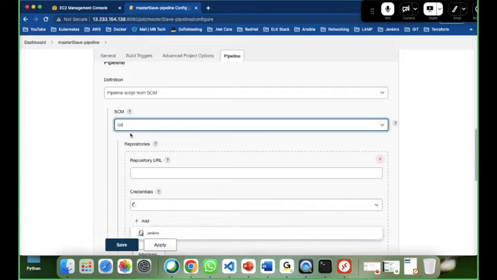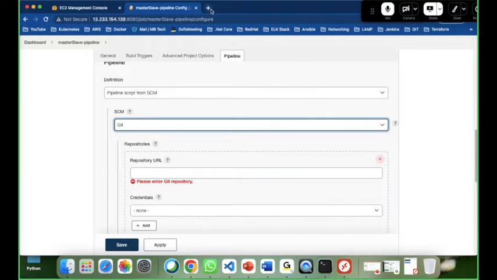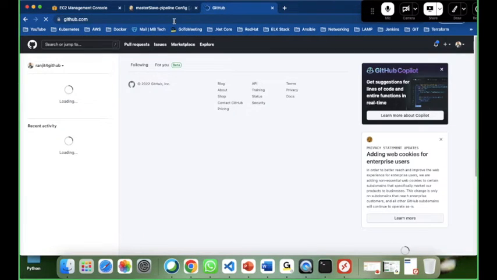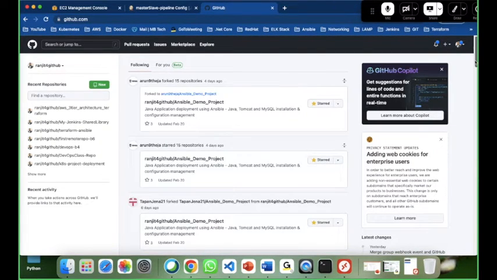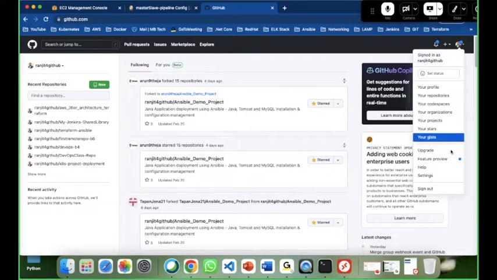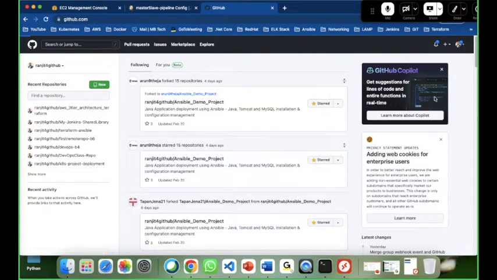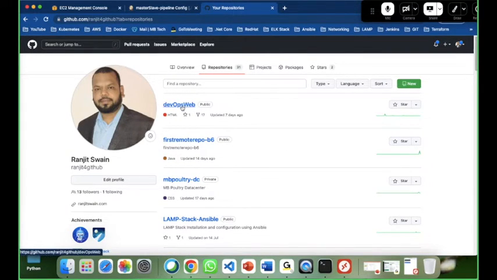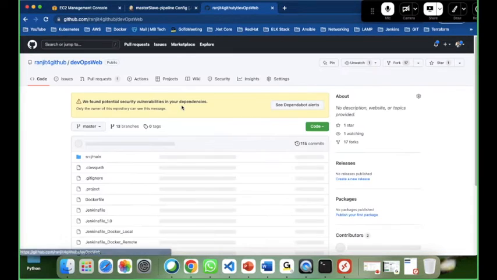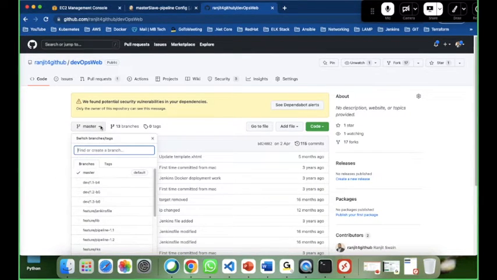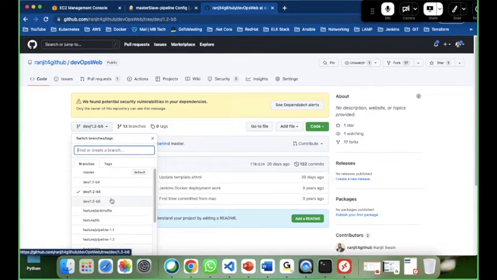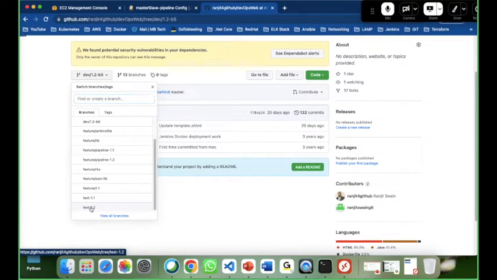For SCM I selected Git, and we need the repository URL, right? GitHub, quickly I'll go here. I need this DevOps project, which is the common project I use. We have multiple projects also; we'll see how that can be used. Okay, so let's use the version from our last class, 1.2 b5, and this does not have anything. Fine, so let's go ahead and use, suppose, test 1.2